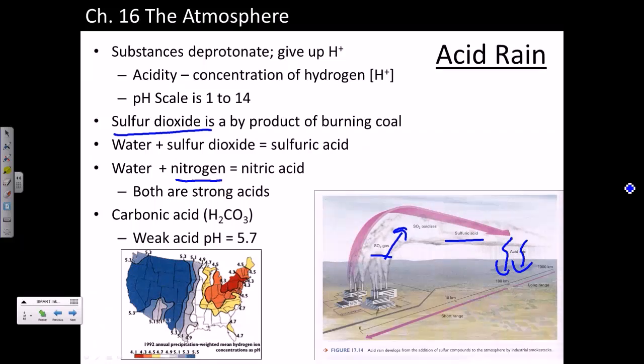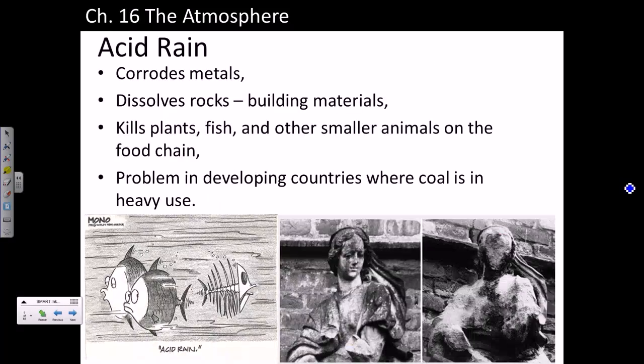And on the bottom left here, you'll see that we've got a map showing the pH on the bottom. So remember, pH of 1 is very acidic, pH of 7 is neutral, and pH of 14 is very basic. And so on the west coast or the western half of the U.S., those pHs are around 5.5, so water's a little on the acidic side. But in certain industrial areas, especially along the east coast and up into the Great Lakes area and areas around Canada, we start to see pHs drop into the 4s. And so the consequences of this are variable.